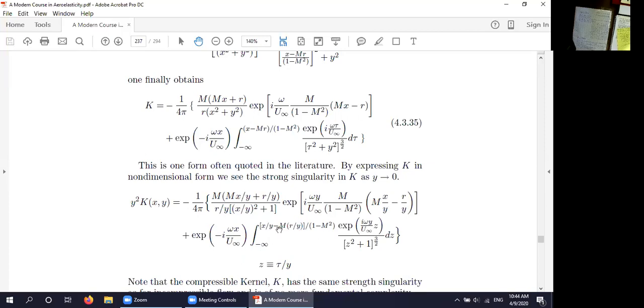Note one thing about this function. I took the y squared out. Why did I do that? That's to emphasize the fact that if I divide through by y squared to get K itself, this is a highly singular kernel. It's very strong. It's not like y to the 1/2, which I can integrate relatively easily. It's like y squared. And there's a very careful limit you have to take.